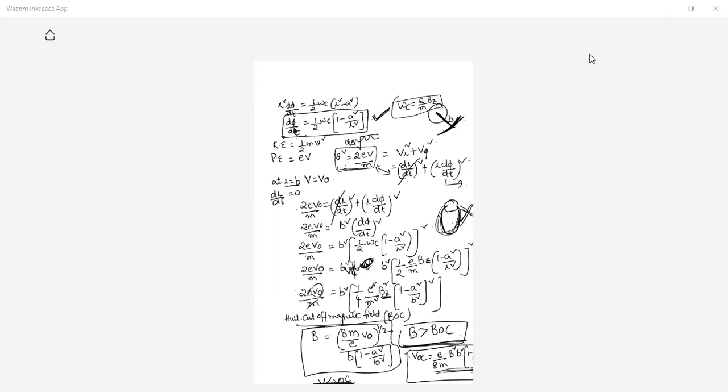Whenever there is no current, you cannot expect any output. This is the condition: the voltage should be greater than the cutoff. If it is less than VOC, the current becomes zero. Always we should apply more than this voltage in order to get a very good output. Okay, so this condition is a very important condition.